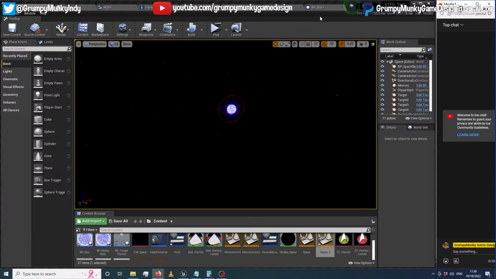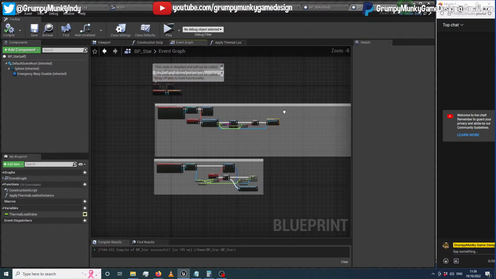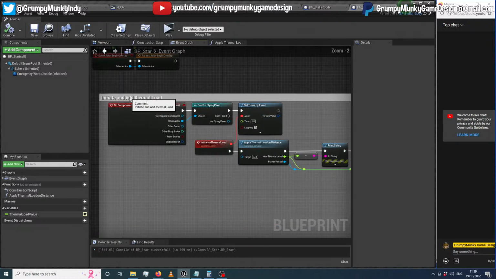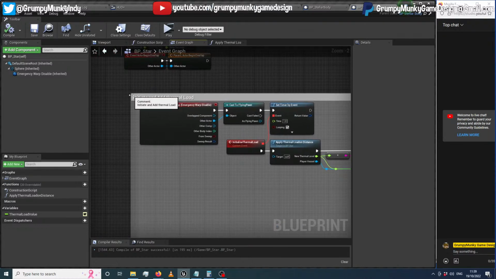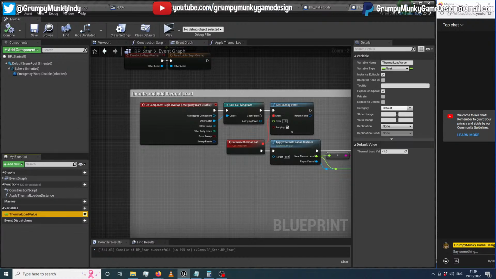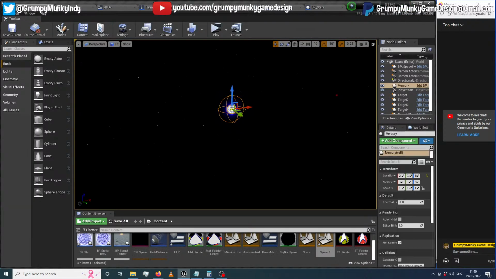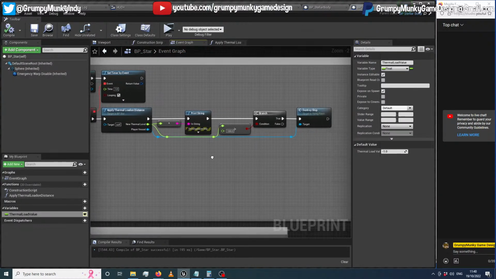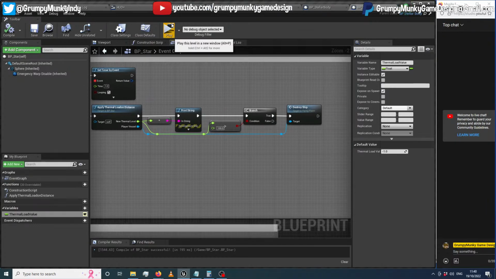We're adding thermal load to our starship when it drops too close to a star or a stellar body like that. And we've also updated an exposed variable now, so we can use the same blueprint and just alter the thermal load to make the star hotter, colder, all that kind of stuff. So now that we've initialized the thermal load and we've started calculating it, let's just make sure all that still